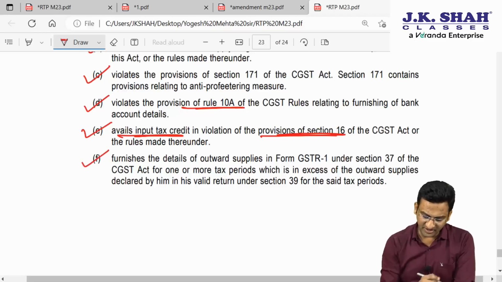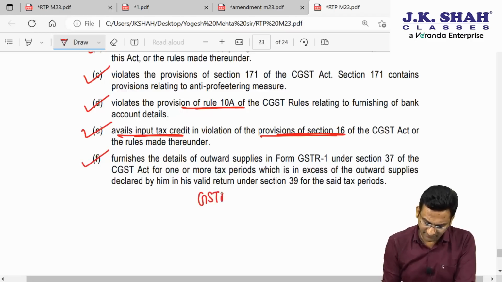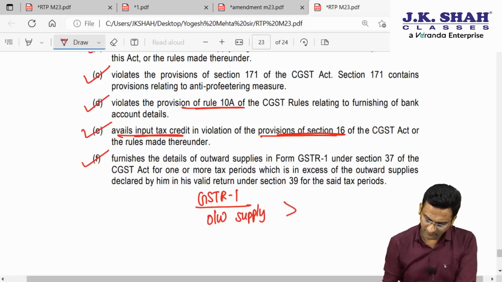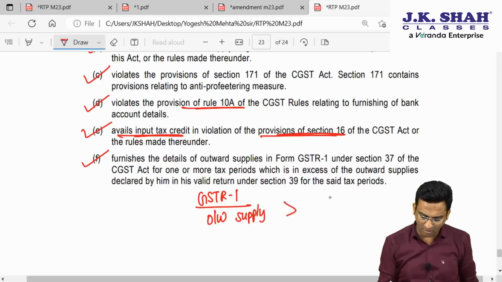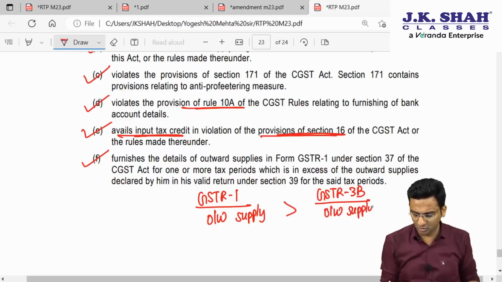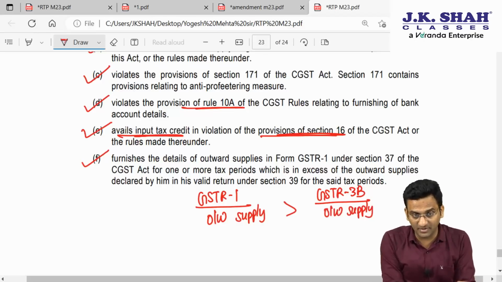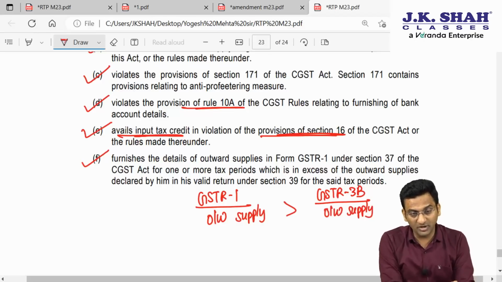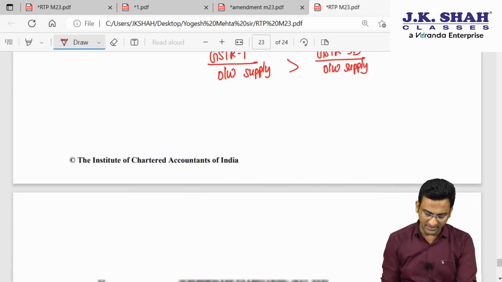Then, furnishes the details of outward supply in form GSTR1. In form GSTR1, you show excess supply for one or more tax periods, which is in excess of the outward supply declared in the return. That is, you show more supply in GSTR1 than supply shown in the GSTR3B. Correct friends, you are showing more supply in GSTR1 than GSTR3B. And last one is,